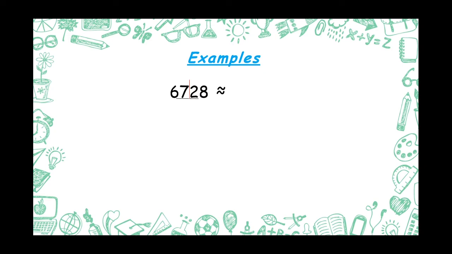Can you tell me the answer? Well done. We round 2 down. So we have 6,700 and that's it. Remember the digits after the hundreds go to 0. You see, 28 is now 0, 0. Okay, let's do some more examples. Well done. Our new number,